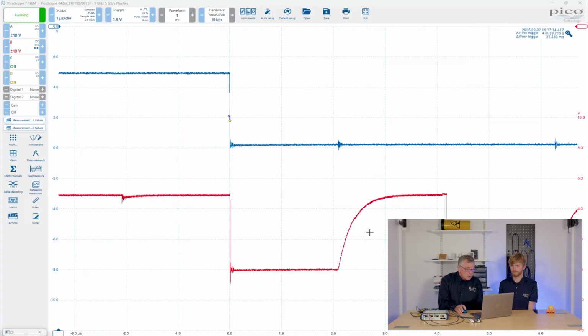Another great feature we've added is Smart Actions. Yeah, that's right. So with Smart Actions, we can turn PicoScope into a semi-automated test function. Quick example: I've got the waveform here, the data and the clock waveform that we were looking at in